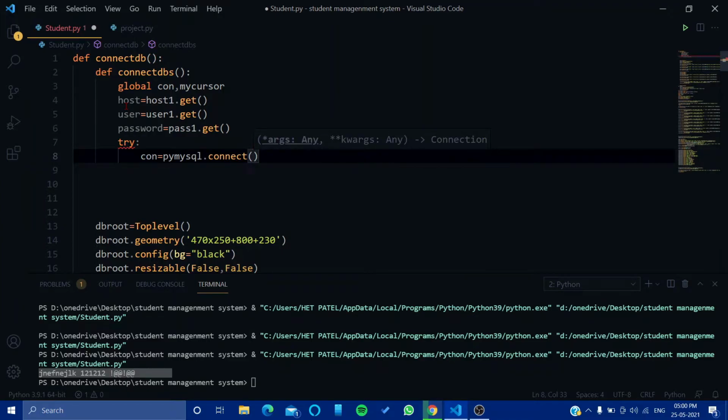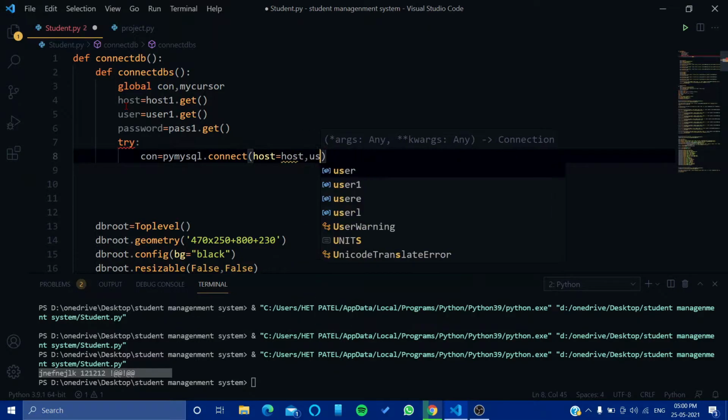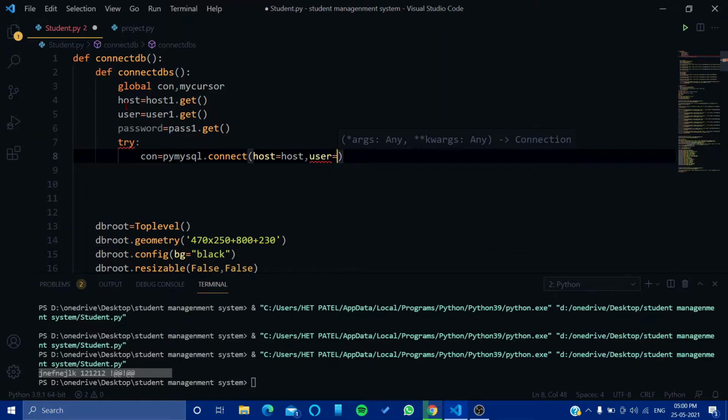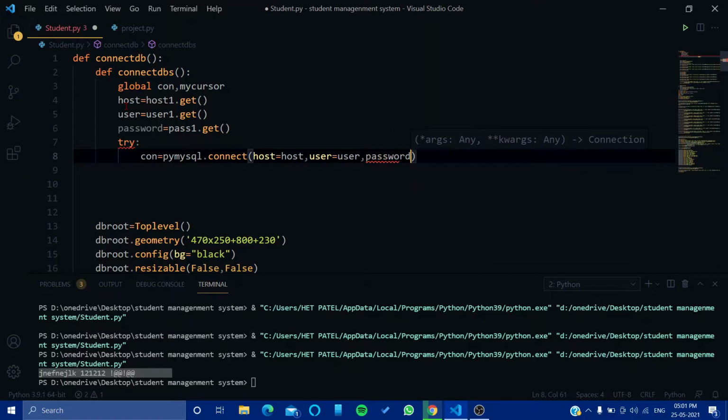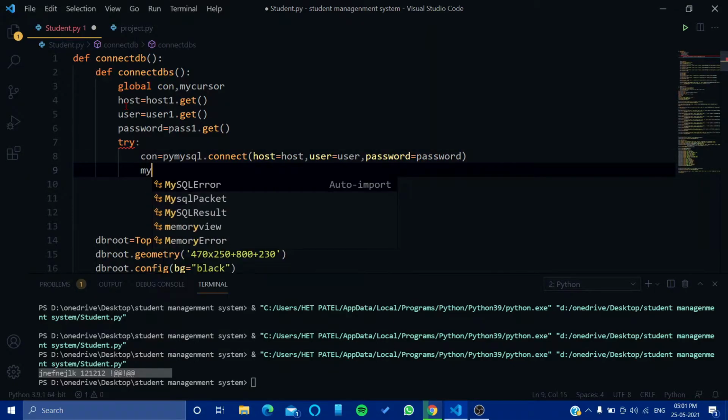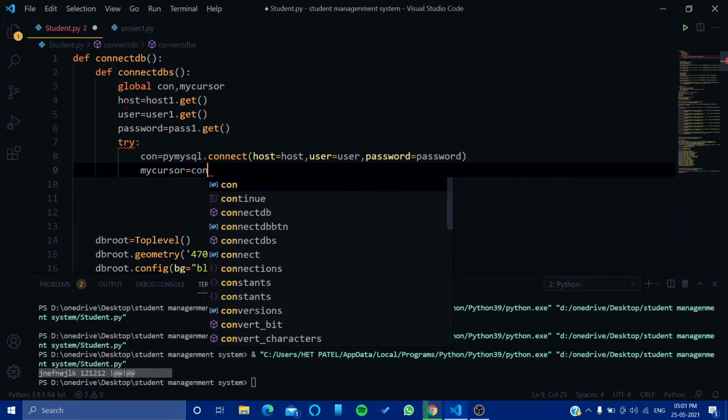We will say host is equal to host, and then user is equal to user. Then password is equal to password. Then my cursor is equal to con dot cursor.